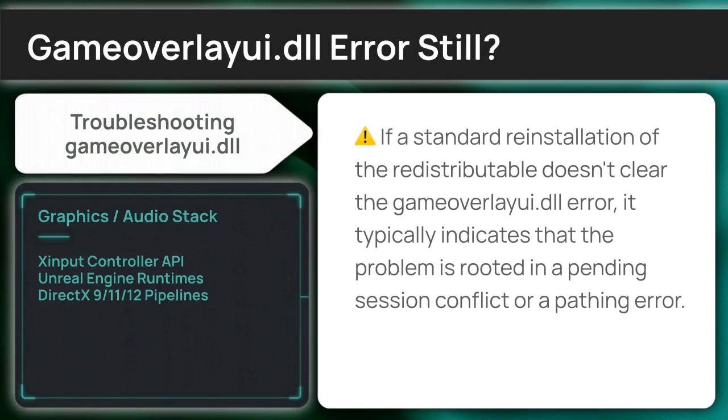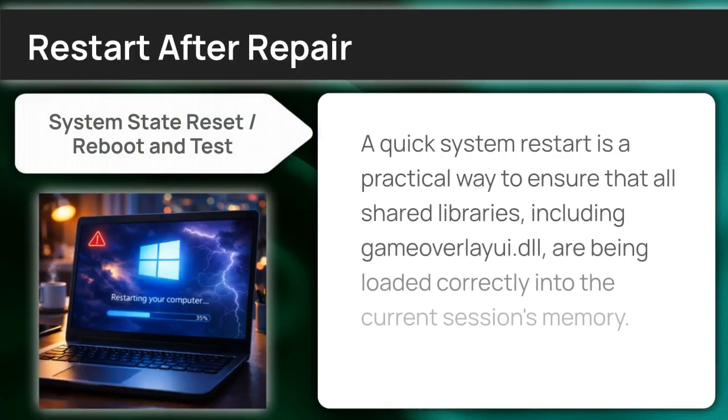manual system state resets. Performing a restart can determine if the error is just a transient environment glitch. A reboot refreshes your system's path variables and can sometimes re-establish a broken link to the Game Overlay user interface